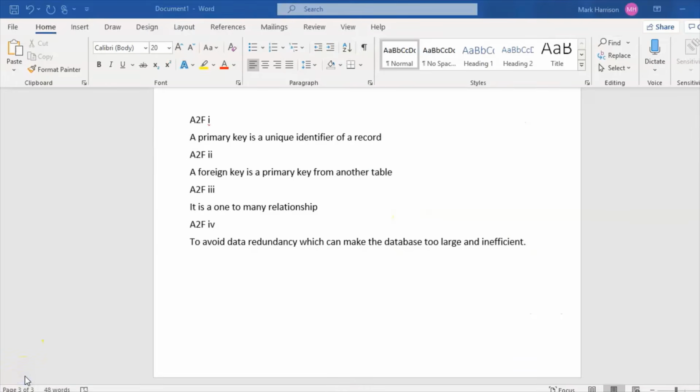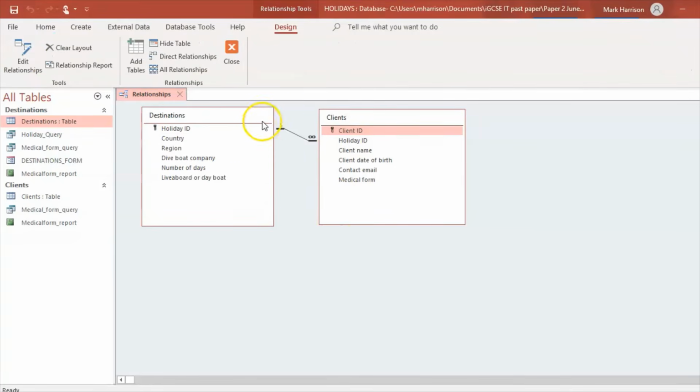And the reason for having 2 tables is it avoids data redundancy, which can make the database too large and inefficient. Can you imagine if you have lots of clients going to the same holiday destination, but you have 1 table? So for each client, you need to re-enter in their holiday destination over and over again. You end up with a lot of work that you don't need to have and a very inefficient database. By having a relational database, which is a database with more than 1 table, you can repeat the destinations over and over again,